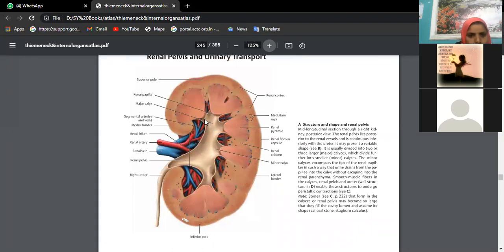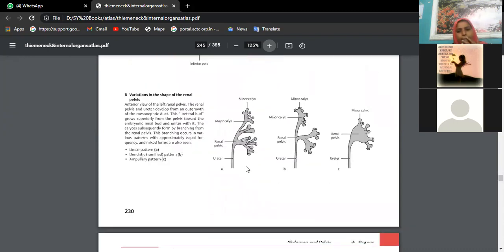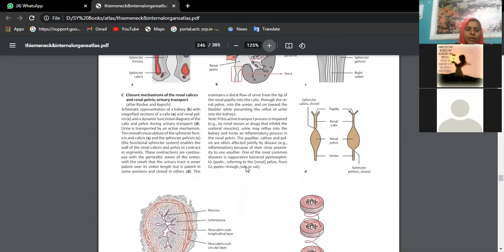See, these are all what you are finding in the cut section of the kidney. These are medullary rays. These triangular structures are renal pyramids. Outer area is cortex, inner area is medulla. The projection of the triangular area is dipping inside into minor calyx. All minor calyces are joining to form major calyx. Major calyx is now continuing as renal pelvis. Pelvis is now continuing as ureter. So that is how ureter has started.